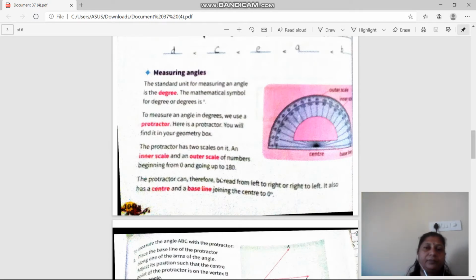Next, beginning from 0 and going up to 180. Both scales start from 0 and end at 180, the inner also starts from 0 and ends at 180. One more thing, listen to me carefully. From 0 to 10, just like in a scale, there are smaller